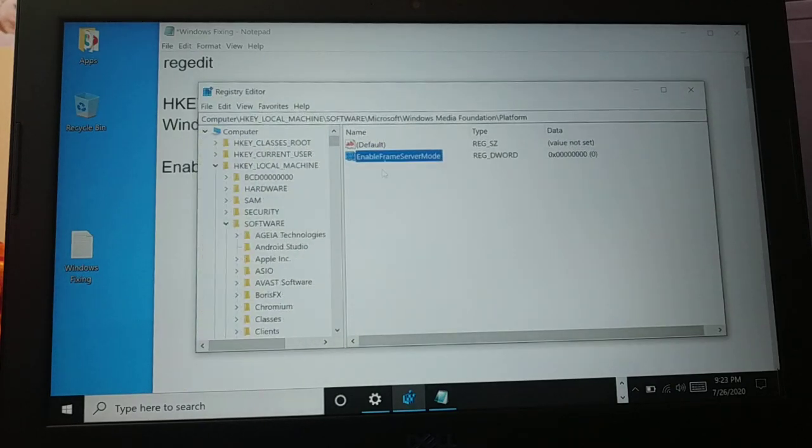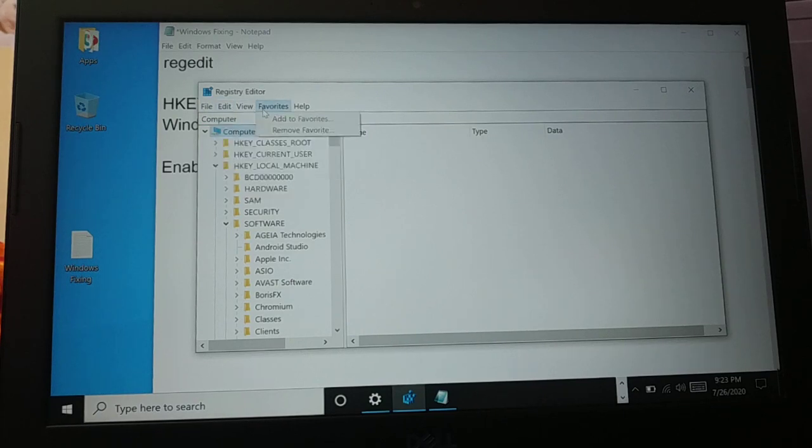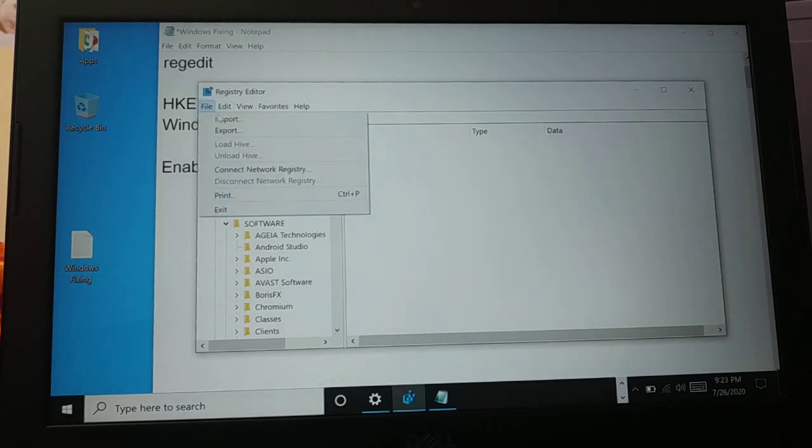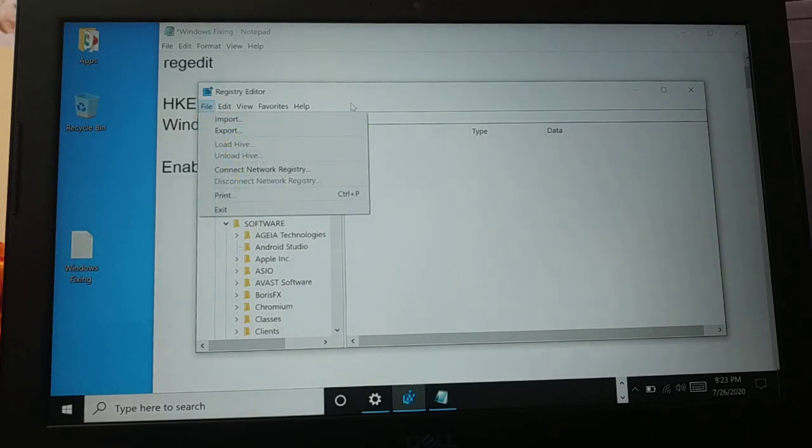On the top, you can select this computer, give a file and then click on export. You have the edit option, view, favorites, help. You can see you can export the whole registry. Later on you can import. So when you select computer and then click on export, it will export the whole registry, and then you can go